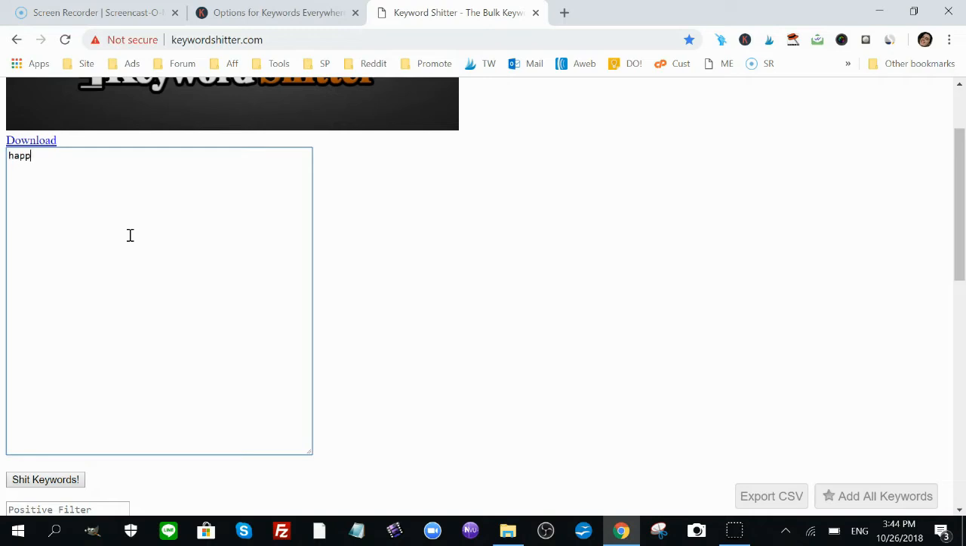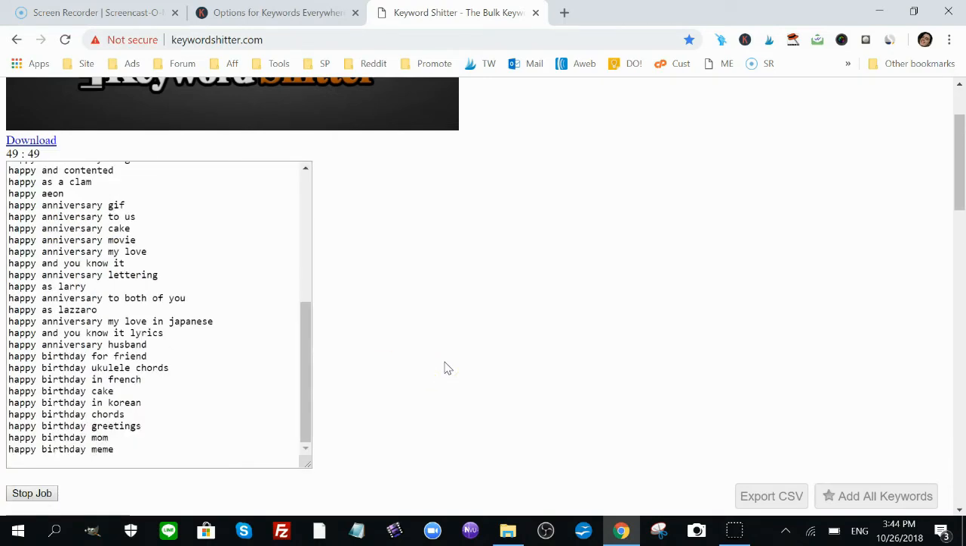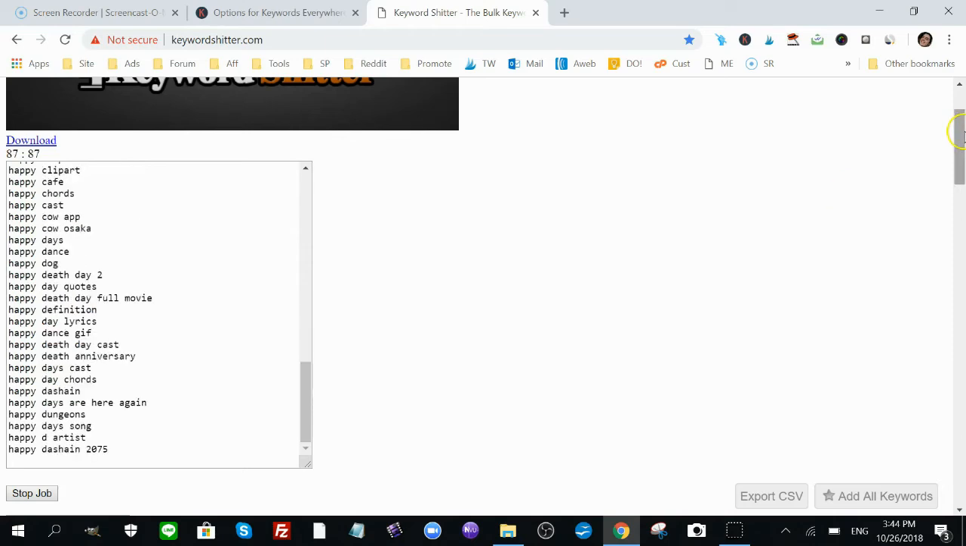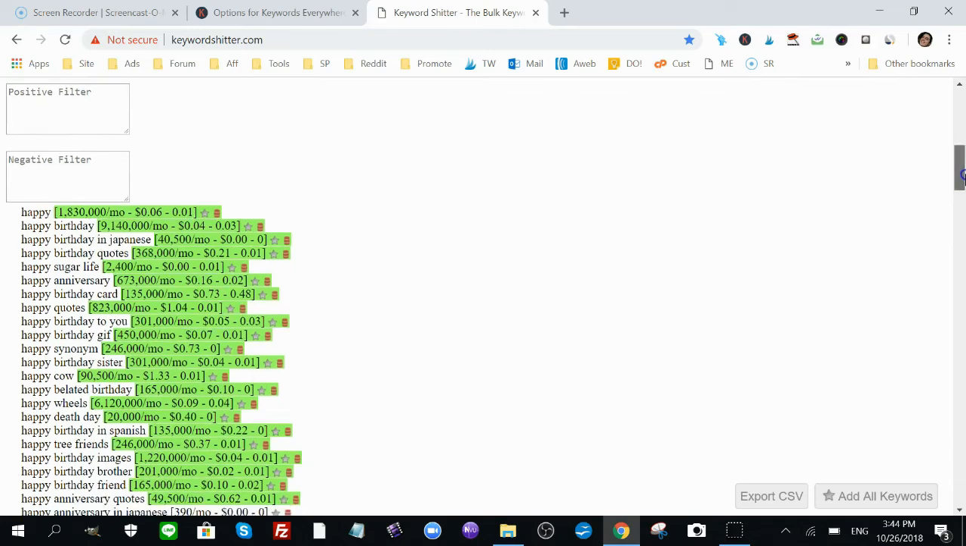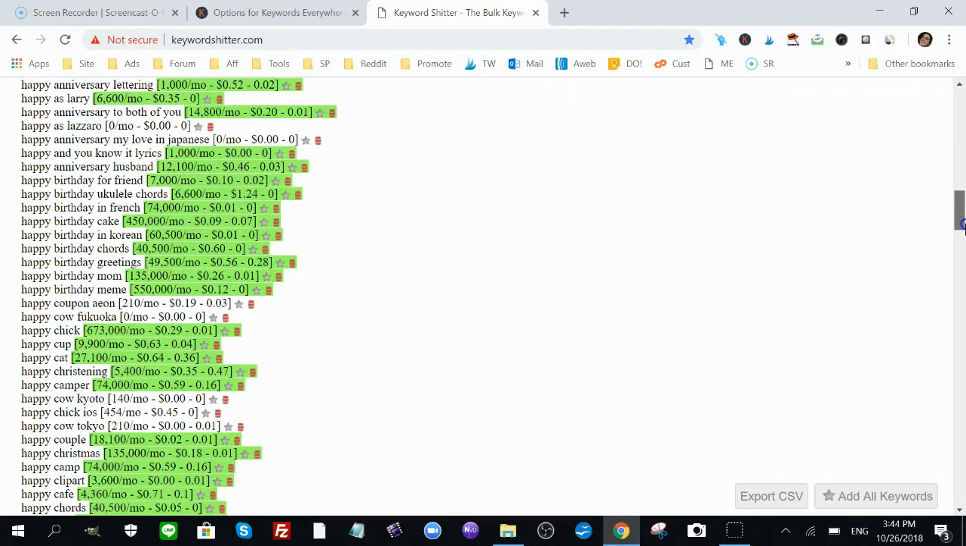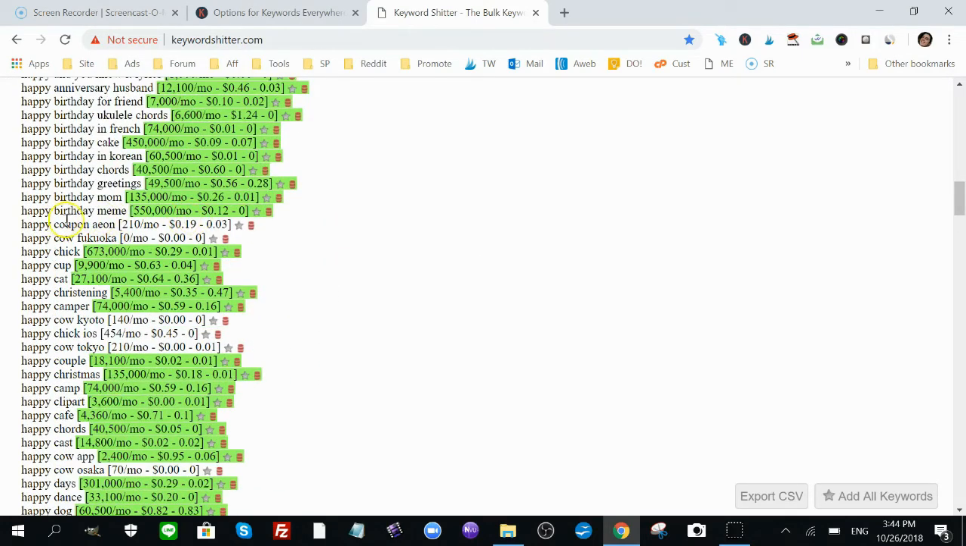Let's put in happy. Now, any keyword that gets over 500 searches a month is going to be highlighted in green, as you can see. Everything here gets over 500 searches a month. Happy coupon Eon gets under 500,